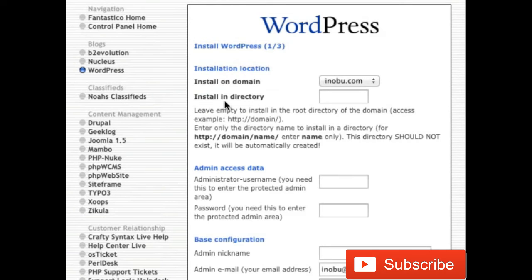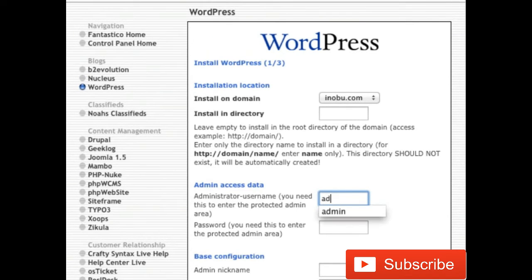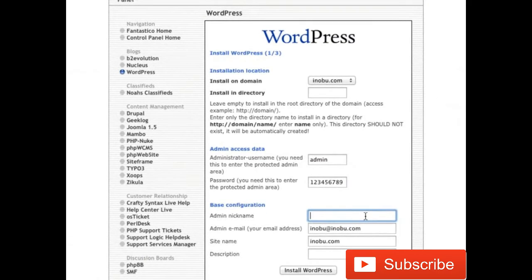The first field is install in a directory. So for example, if you want your blog installed at yourdomainname.com/blog, then you simply put in blog. But in most cases, you want your blog installed in the main domain name, which is the most typical. So in this case, I'll leave it blank. Then you want to add a username and password, followed by your name, an email address, and your site name. In this case, I'll just choose a name and a description,